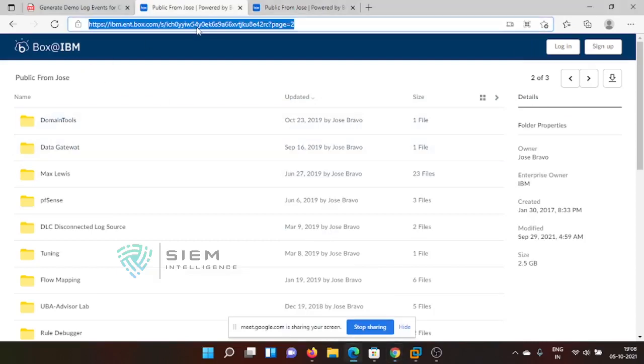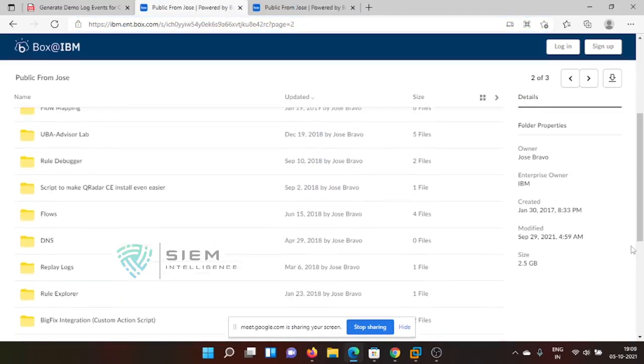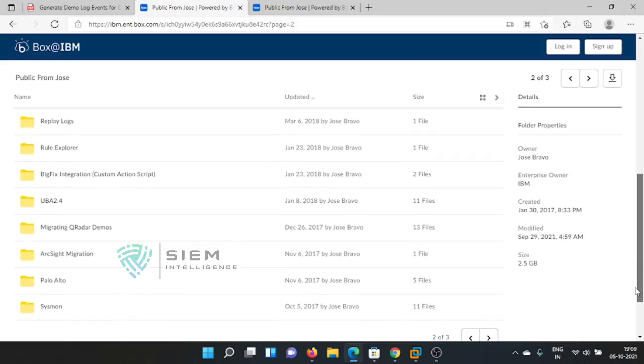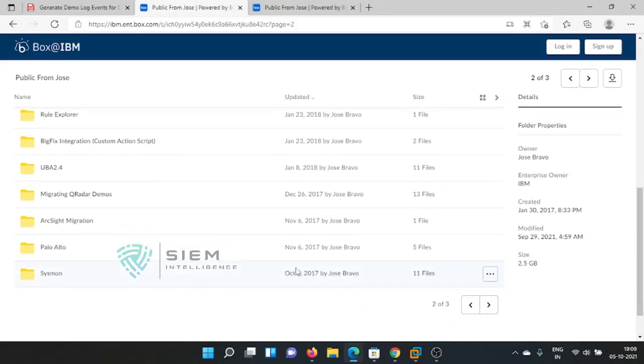So this is the link where JazzBravo has put all the data, and from where you can download various logs. See, there are so many logs, dashboards, and many things. There's a UB advisor log, a flows data, and everything related to demo. So RSet migration, Palo Alto data, everything.